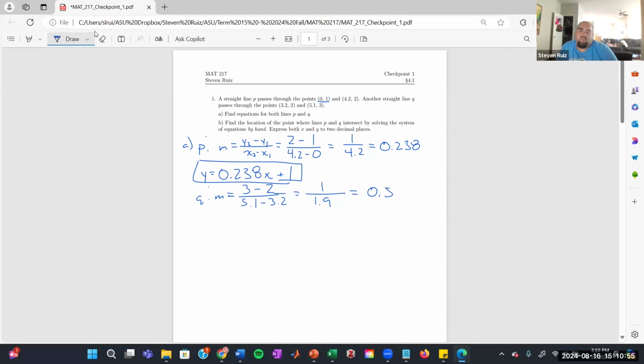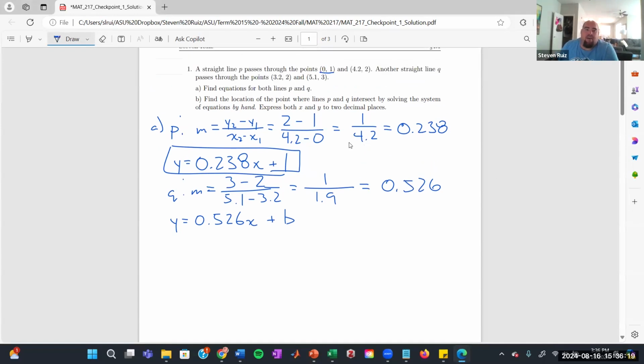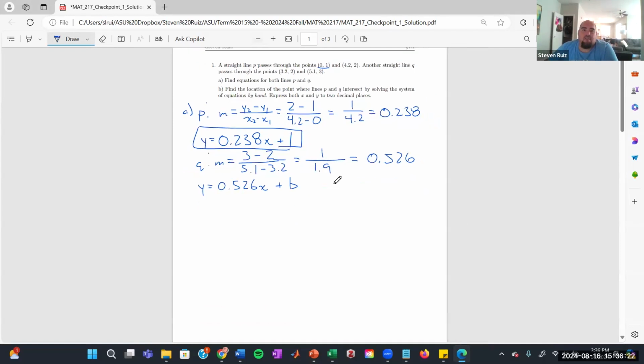So 0.526. So I get y equals 0.526x plus b. So don't know the y-intercept this time. We're going to have to calculate b. All right, so now we need to calculate what the y-intercept is for this line. So we can use either one of the points that I gave for that. I'm going to go ahead and use the first one, the 3.2, 2. So what is y? 2 is equal to